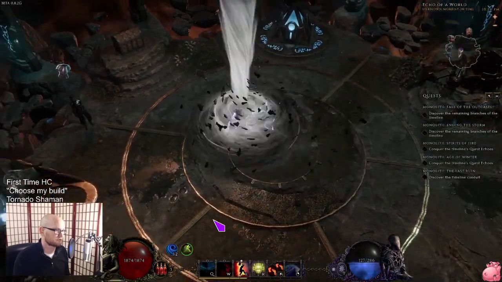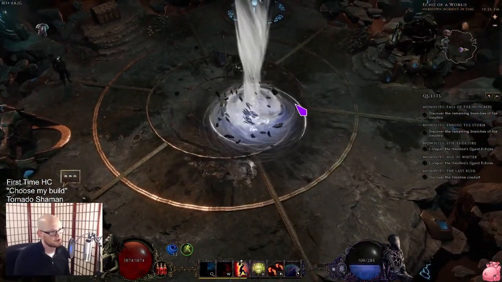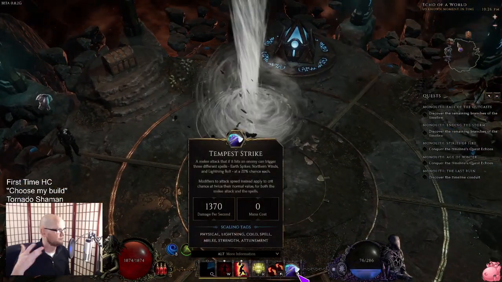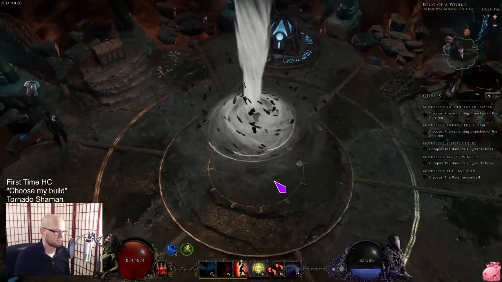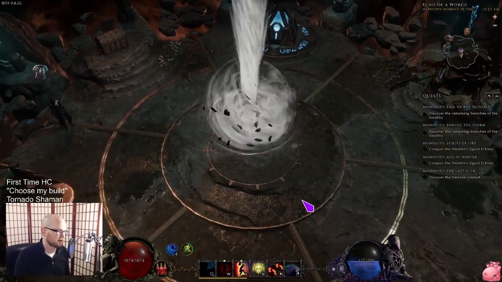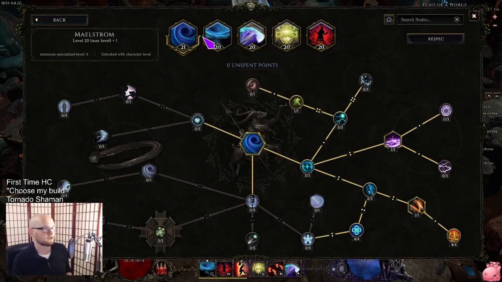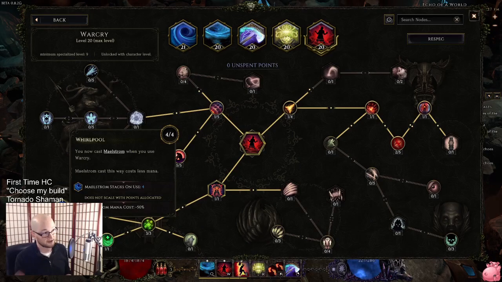So to counteract that, for single target encounters, or for rares that don't immediately die, we're just using Tempest Strike, and we're spec'd into Tempest Strike recovering mana whenever you use it. So we use it, and pop, pop, pop, pop, pop. And every once in a while, you see my mana shoot back up because I'm using Tempest Strike. So that's that. For the skills, we have damage. We have Tempest Strike itself to make sure the mana stuff works. We have Warcry, which is automatically casting our